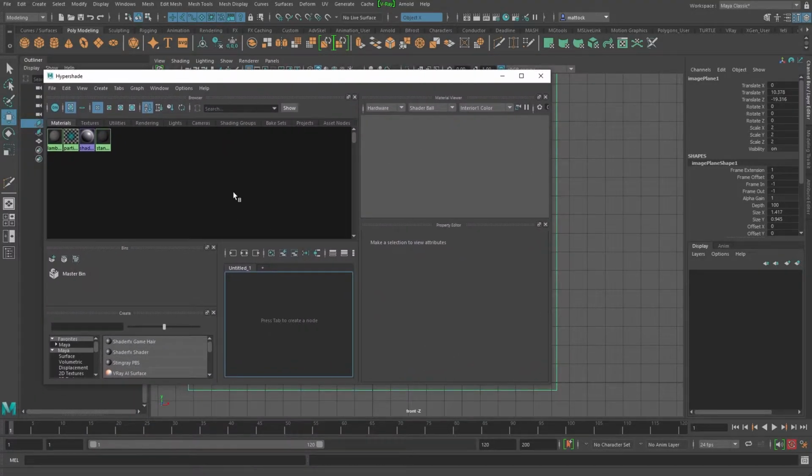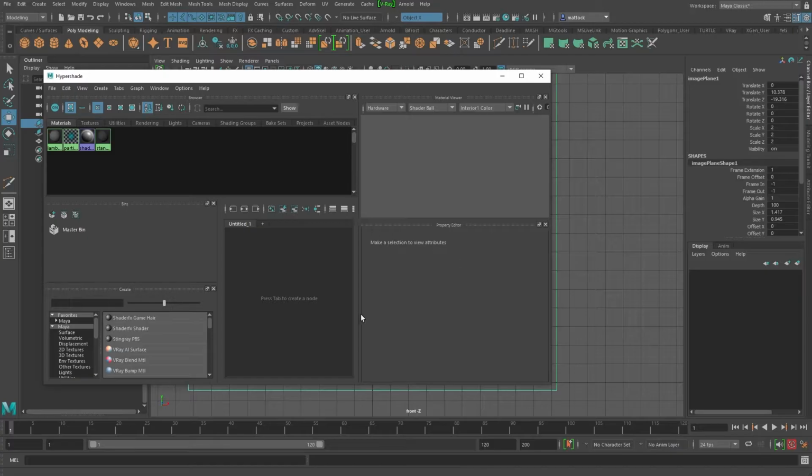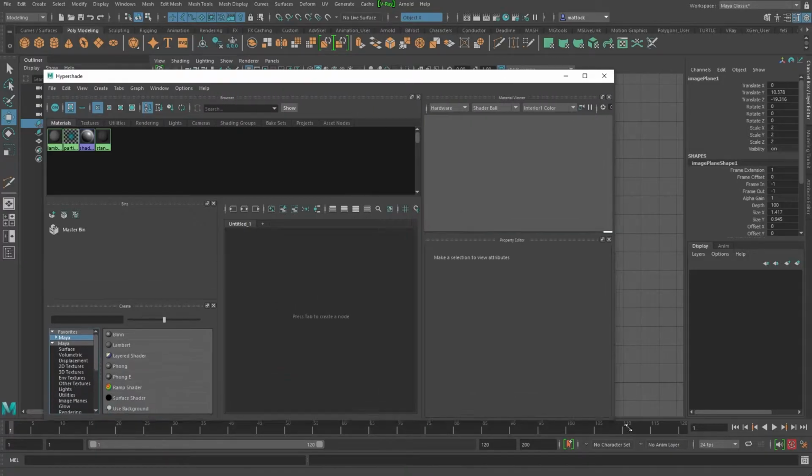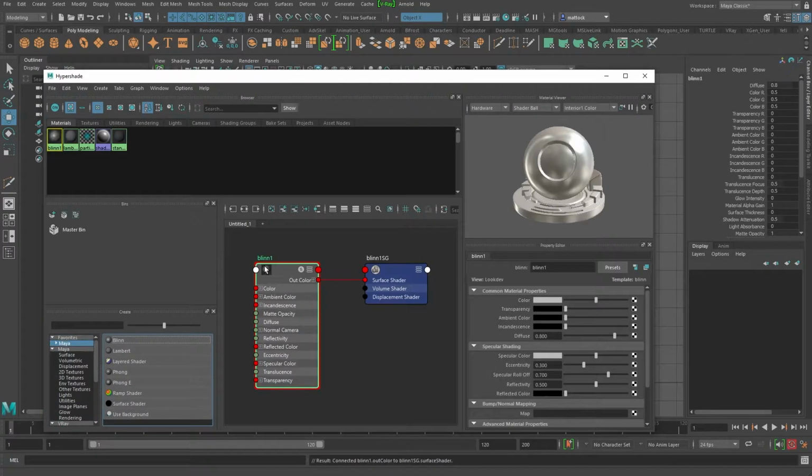What we're going to do is create a brand new material. I'm going to go to the Maya materials and create a new blend. Let's name this modeling material or something like this.